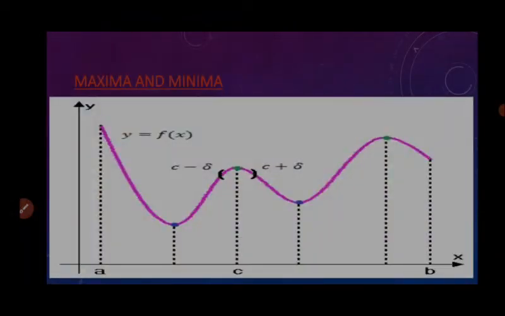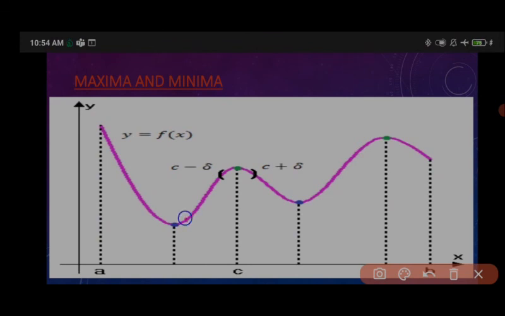Next, maxima and minima. You can observe here, where the graph has the least value, it is a minimum, and here it is a maximum: minimum, maximum. So you can see here two local minima and two local maxima, but overall this is the maximum, as there is nothing greater than this. So this is called the universal maxima, and this one is called the universal minima.